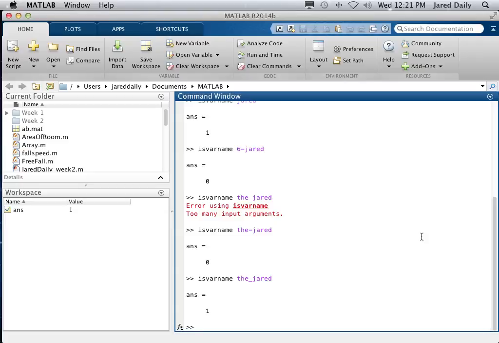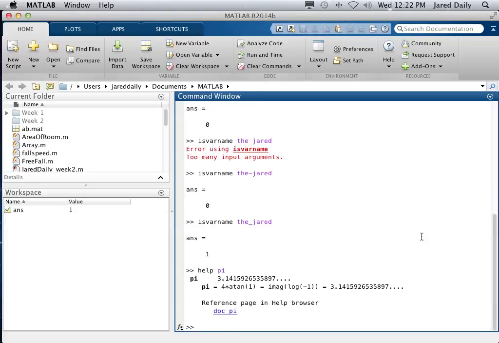I don't see where it is. But another way to check to see if something is, so you can't use isvarname to check if something is used in MATLAB. You can only check it to see if it's a valid variable name to be used in MATLAB at all. But another way to check it, in case we don't find that new function, is to use the help function, which I just used before. Help tells you about something in MATLAB. So if I use help, for example, pi,